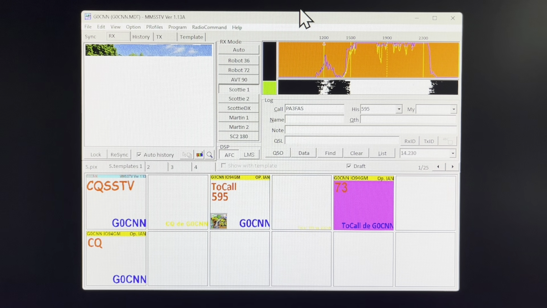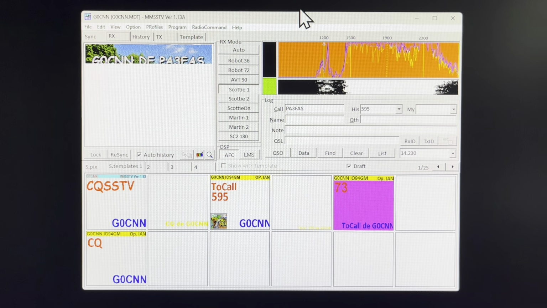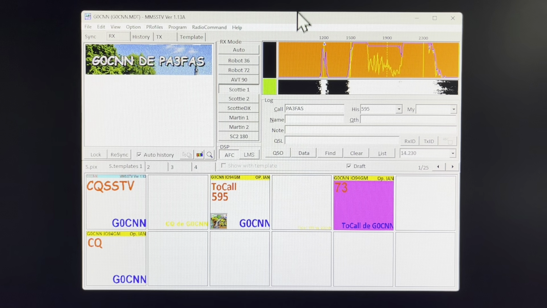Hopefully this is my reply. Yep, looks like it, doesn't it? G0CNN. There, the fan's gone off on the rig now. Good signal. On the rig, that's a